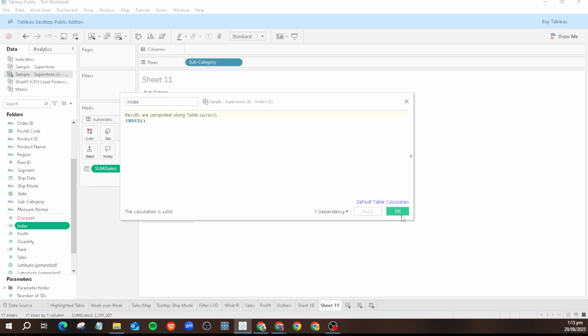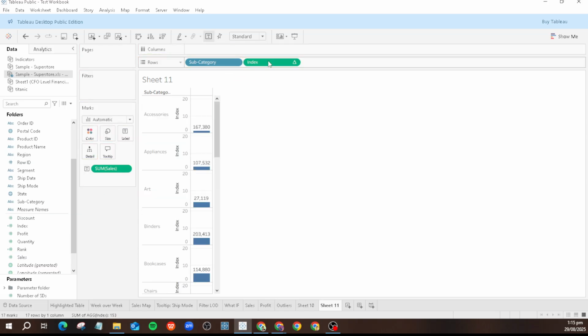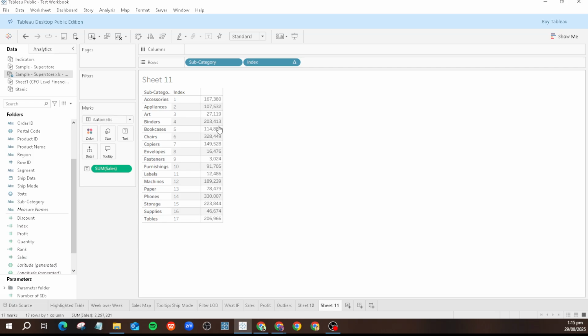With your index field created, it's time to bring it into play. Drag the new Index field into the Rows shelf. You'll be prompted to make a choice about how this information is displayed. Select Discrete to show this index as individual numbers aligned with each row. This step provides a clear, ordered numbering of your data entries, making it much easier to analyze in terms of